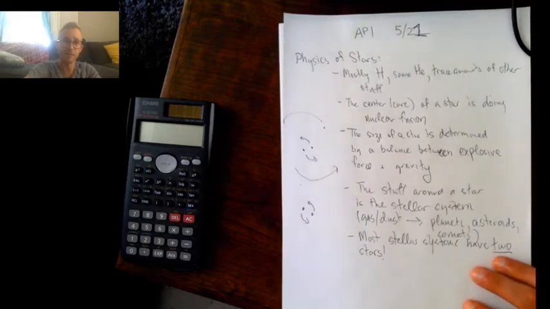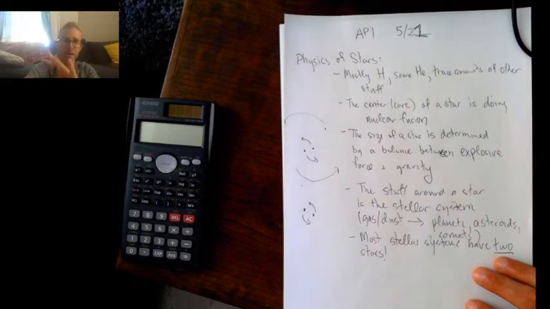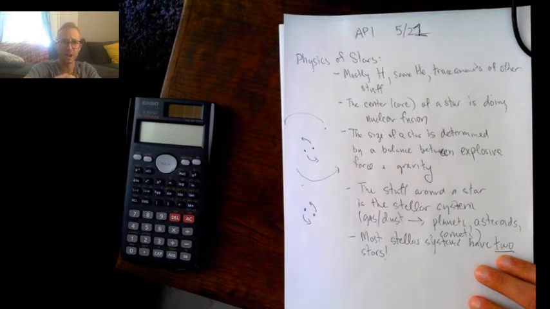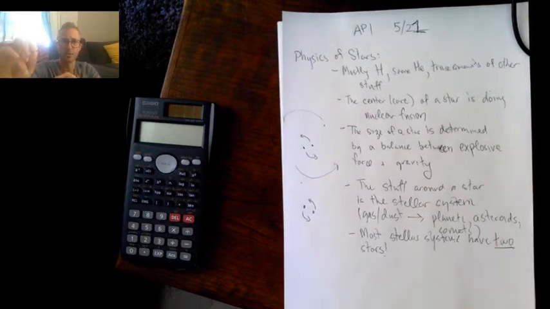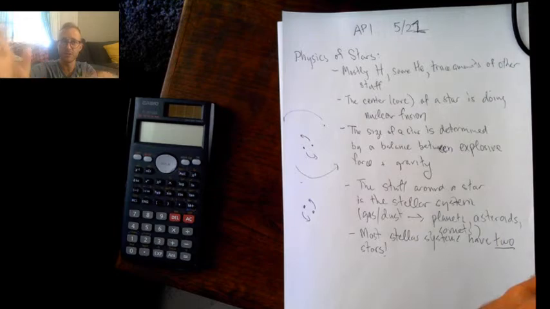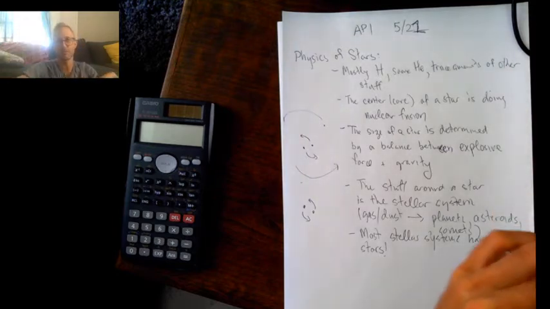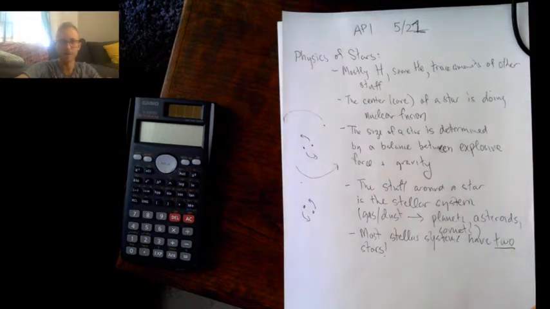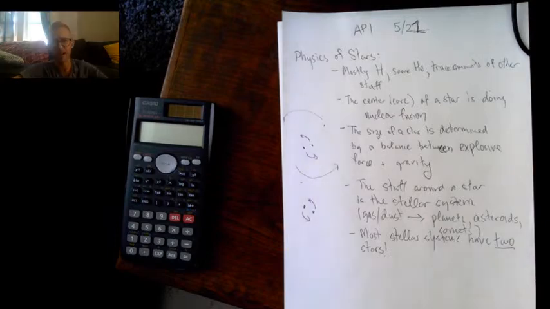And then if you have 4 star systems, they are not common, because if you have 4 stars, what tends to happen is one of the stars will get pulled super close to another one, and then it will get ejected. So that 4th star will tend to get a lot of kinetic energy through its gravitational interactions with the other 3 stars, and it'll get flung out of the system. Okay? And then it'll just be a solo star. That can happen with 3 stars too.